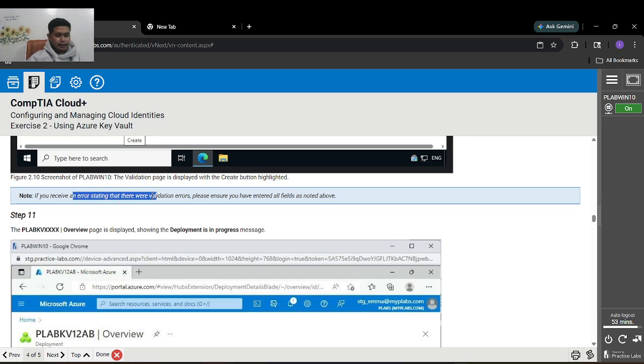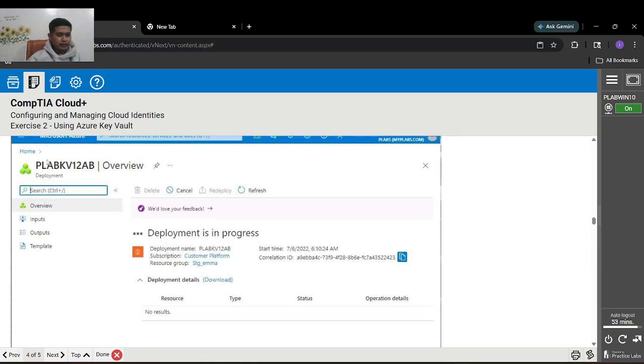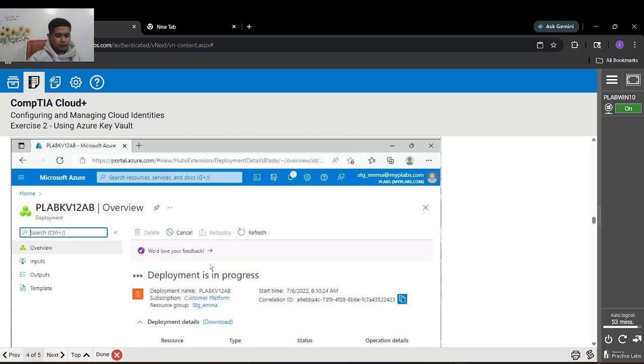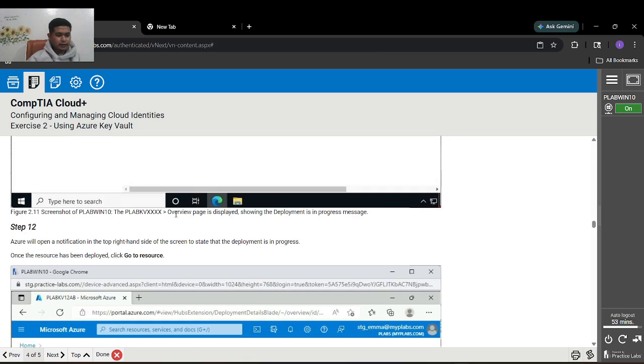If you receive an error stating that there was a validation error, please ensure that you entered all fields as noted above. The PLAB review page is displayed, showing the deployment's progress and messages. So you can see, wait for this to complete, the deployment is in progress. After that, see step 12.